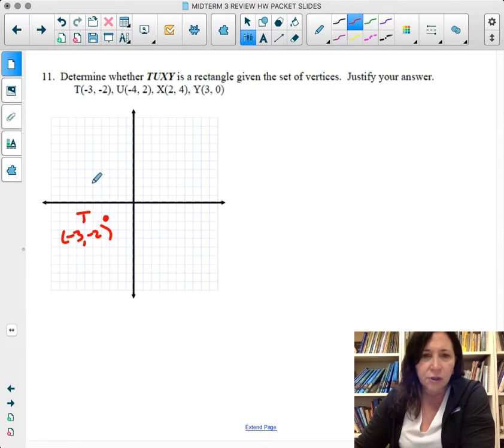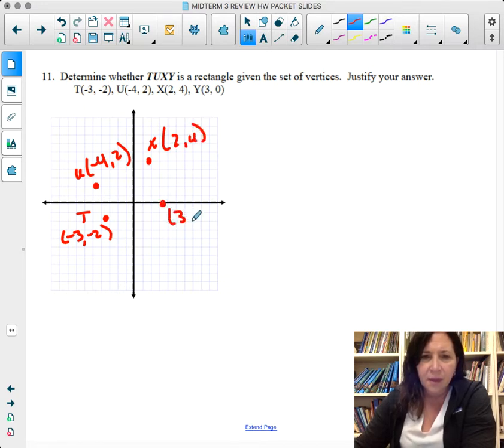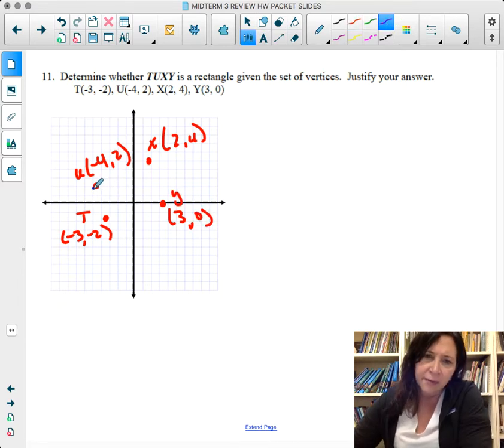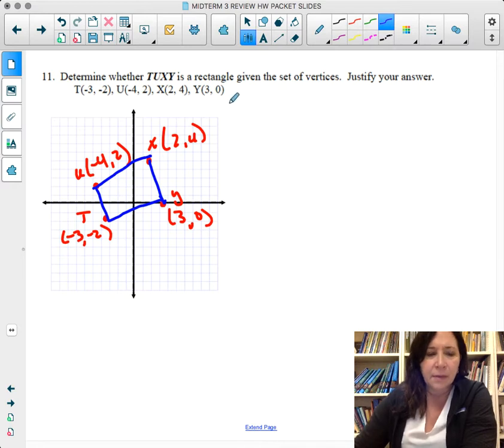-4, 2, so this is U. X is 2, 4, so over 2, up 4, so here's X, 2, 4, and Y is 3, 0. Okay, and so what they're asking me is if this is a rectangle. Well, it kind of looks like a rectangle, but to prove it, what you would do is you would either prove